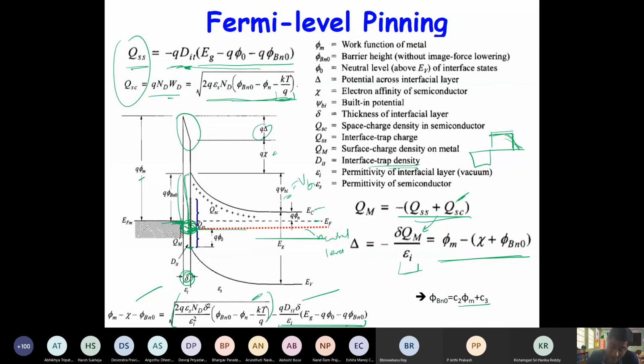So in case there is no interface charge, this C2 will be 1, right? And if there is a very large interface charge, this C2 will be 0 because the level will be pinned at q phi naught. So for the general case where interface charge density is large but not infinite, this C2 will be some number between 0 and 1. So basically the slope of barrier versus this metal work function